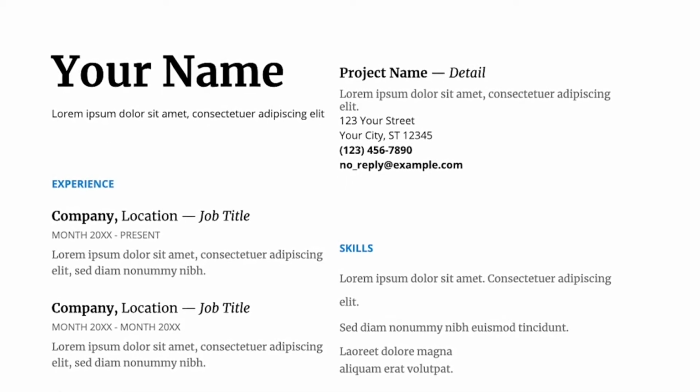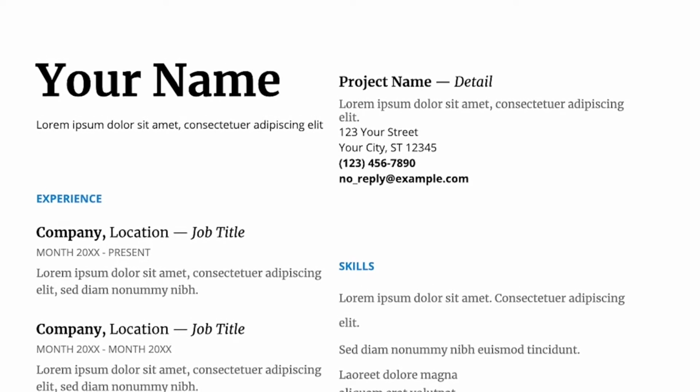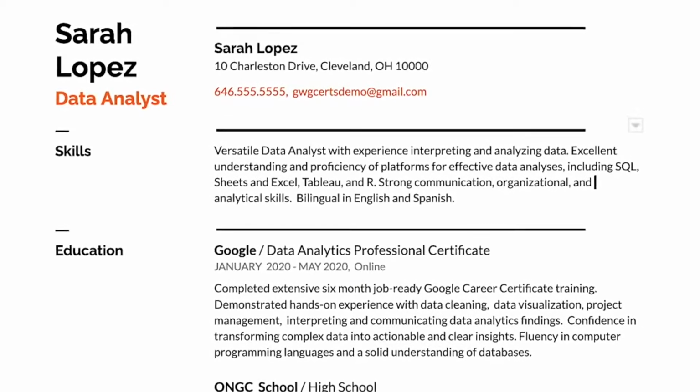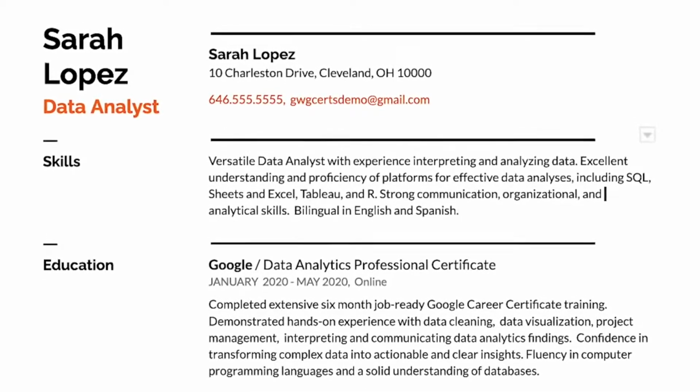You should also make sure that your contact information matches the details that you've included on professional websites. And while most resumes have contact information in the same place, it's up to you how you organize the rest. A format that focuses more on skills and qualifications and less on work history is great for people who have gaps in their work history. It's also good for those who are just starting out their career or making a career change. And that might be you.